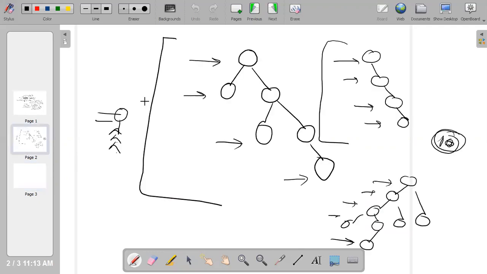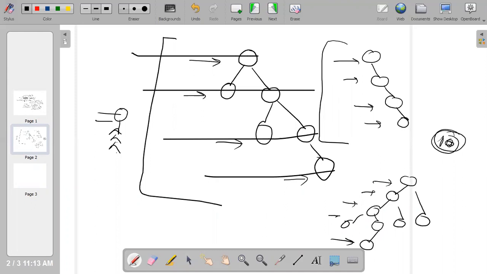So you need to get the left view. You know level order traversal, right? What if at each level you print one node and exit from that? Each level you just print one node and exit. Will that give the answer?